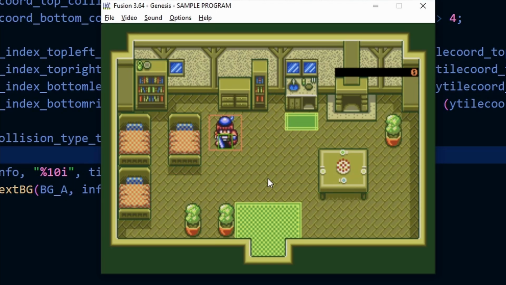So we should see that when it's on the floor it should be 0, and as we get close to either one of the beds or the furniture or the wall, it should change to a 1. So remember, it's the top left hand side of the collision box we're looking at here. So we just move into the table there, or if we move to the plant pots, we can see it